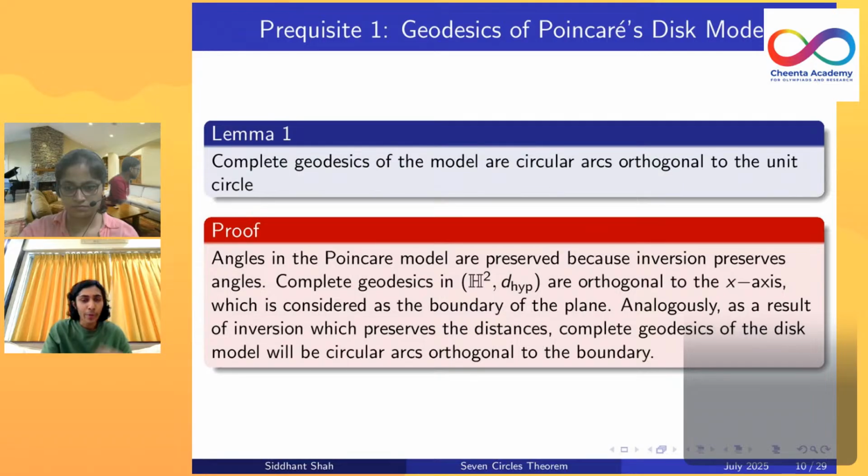Before we explore our proof, I would like to discuss some prerequisites, which are very helpful in exploring the proof and in introducing the ideas which I have written. The first prerequisite is the geodesics of the Poincaré disk model. There is one lemma proposed on it, which says that the complete geodesics of the model are circular arcs orthogonal to the unit circle. If you go to the previous slide,